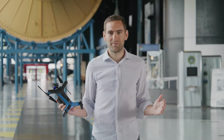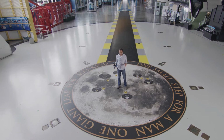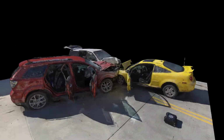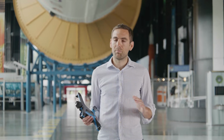Welcome to the U.S. Space and Rocket Center in Huntsville, Alabama. I'm Adam Bry, CEO of Skydio, and we're here today to launch 3D Scan. 3D Scan is a breakthrough autonomy software product that makes it possible to capture everything from bridges to accident scenes with incredible precision. 3D Scan makes it easy to fly inspection and mapping missions that would be impossible with any